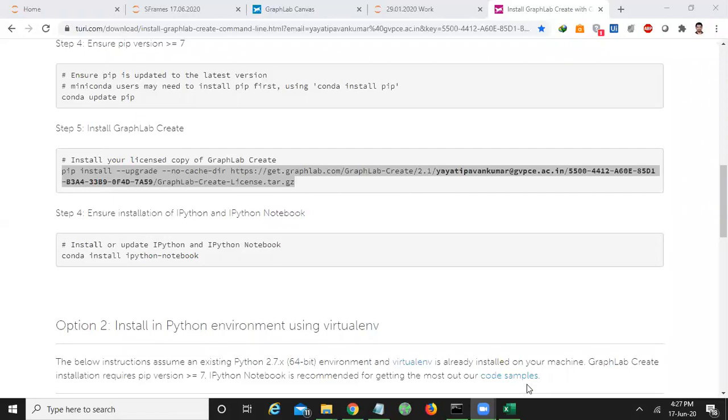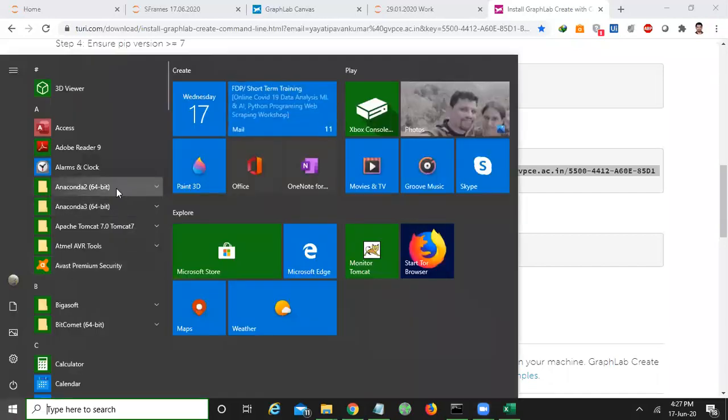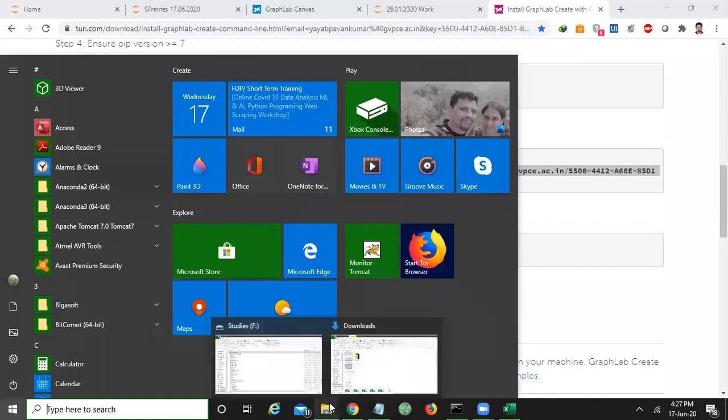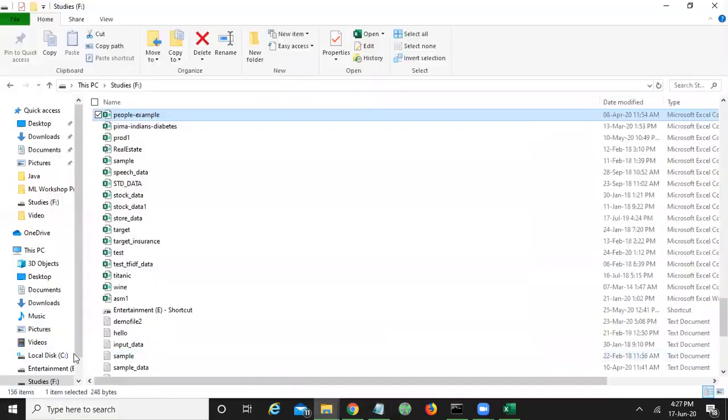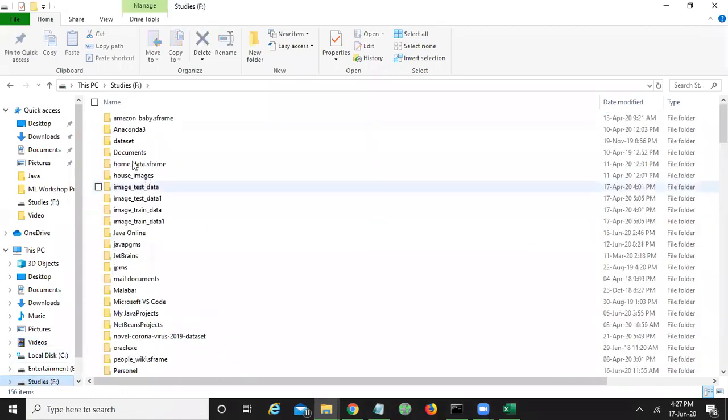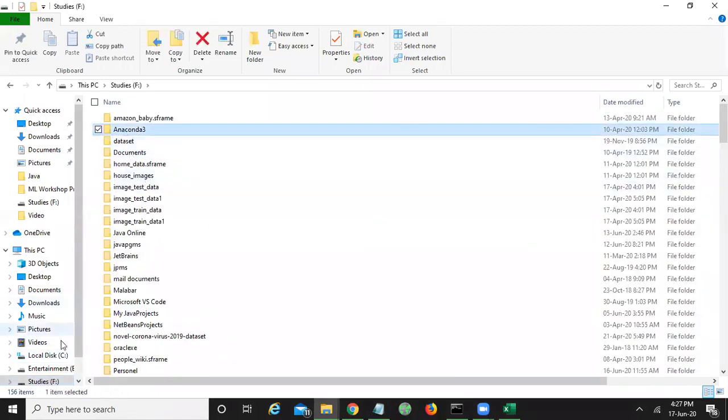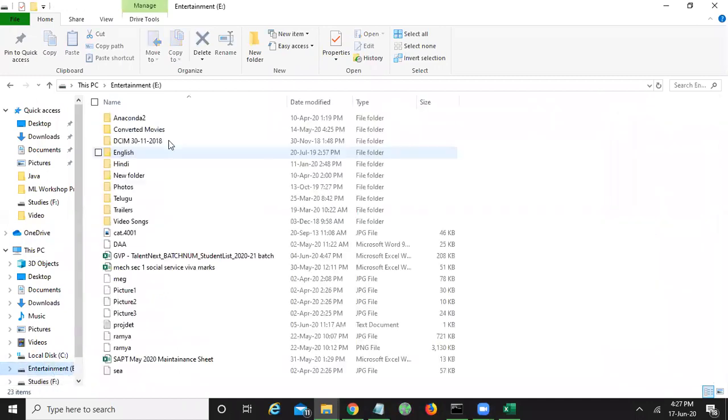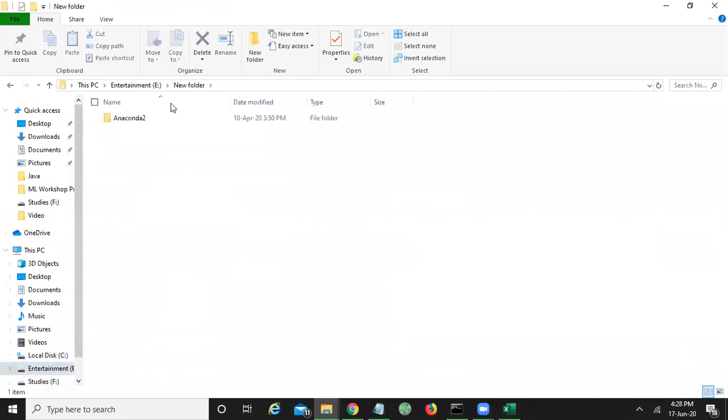You can directly install Anaconda 2. Okay. Make sure that Anaconda 3 is in one drive and Anaconda 2 is in another drive. If you observe my laptop, I have both Anacondas here, Anaconda 2 and Anaconda 3. But I installed Anaconda 3 in F drive, and I installed Anaconda 2 in E drive.